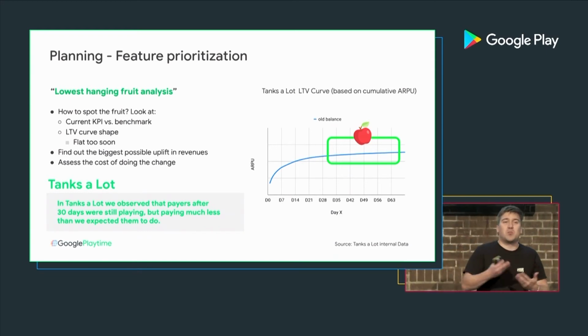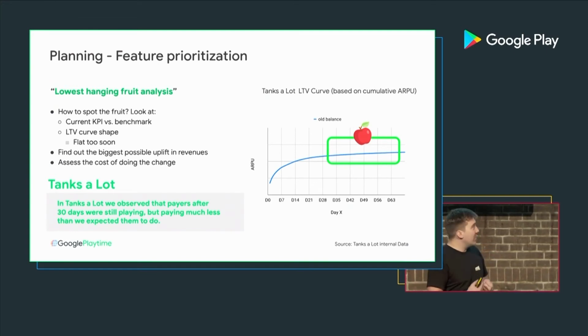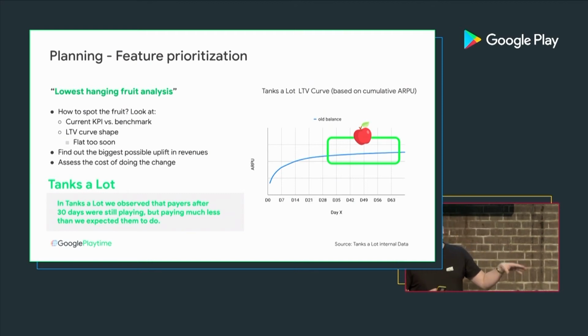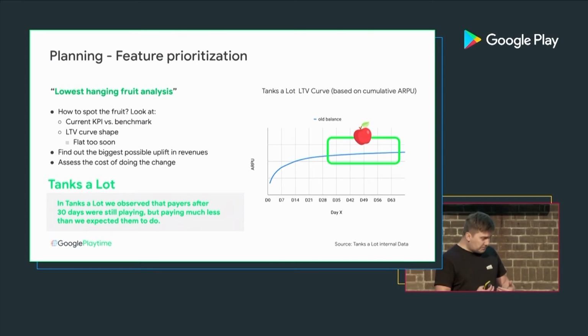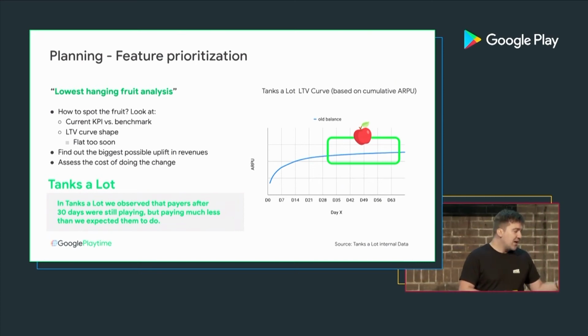Either you don't have any players in the game left, so there is nobody to play and spend. Of course, that's not really something we can fix with some monetization changes. But if you actually know that you have players in your game that are still engaging, but not spending enough, there's definitely something we can do about it. In this example,